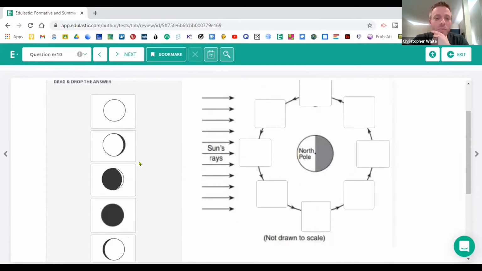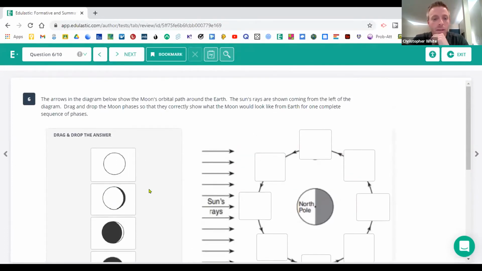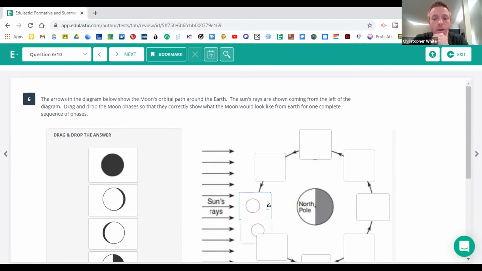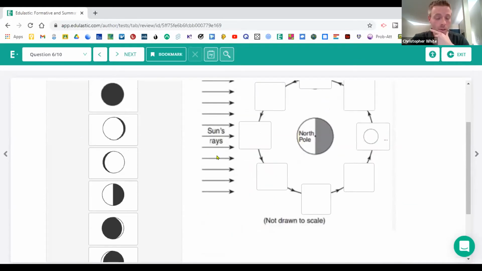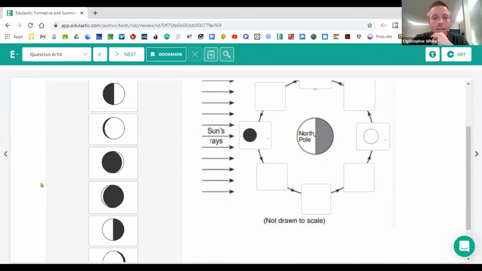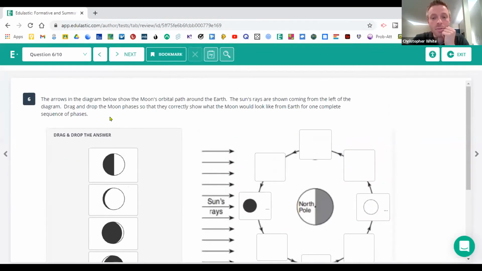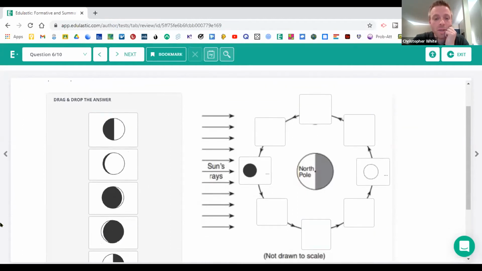We do a lot with the moon phases in earth science and astronomy. So students are able to show what they understand by dragging, dropping, and labeling things like the moon phases, which is a great way to assess students as well. So you can teach them some content through that, and then they can show what they know beyond just some of the basic understanding.